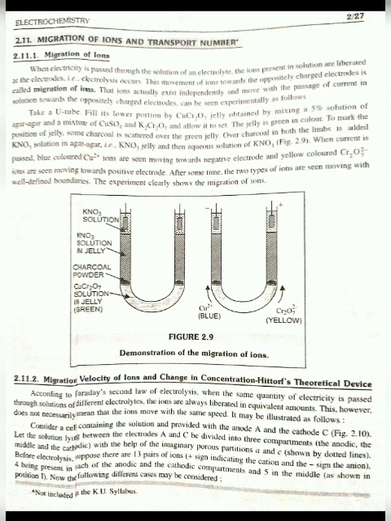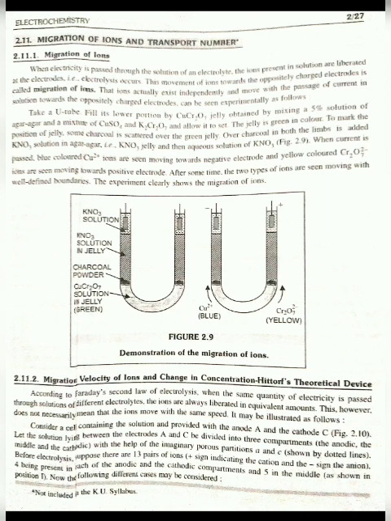Take a U-tube, fill its lower portion with CuCr2O7 jelly obtained by mixing a 5% solution of agar-agar and a mixture of CuSO4 and K2Cr2O7 and allow it to set. The jelly is green in color. To mark the position of jelly, some charcoal is scattered over the green jelly. Over charcoal in both the limbs is added KNO3 solution in agar-agar, that is KNO3 jelly, and then